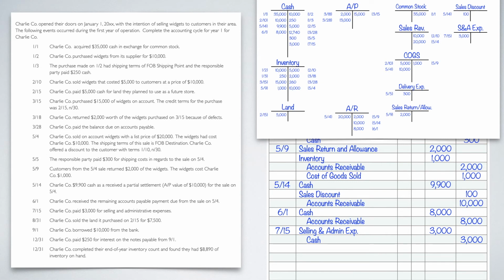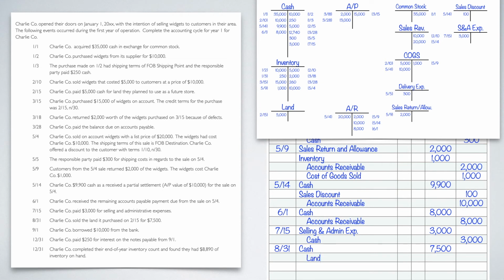So the first question is, is cash involved? Yes, cash is involved. What is our cash doing? Well, it's going up because we sold it. Somebody gave us that cash. So we're going to say cash debit of $7,500. Now, what do we get rid of? Well, we got rid of the land. So we're going to credit the land, but we're only going to credit the land for what we have in its T table. If you look at the land T table, we only have 5,000 in there, so we can only take 5,000 out.